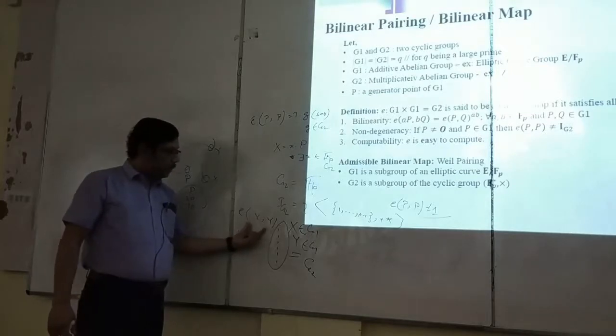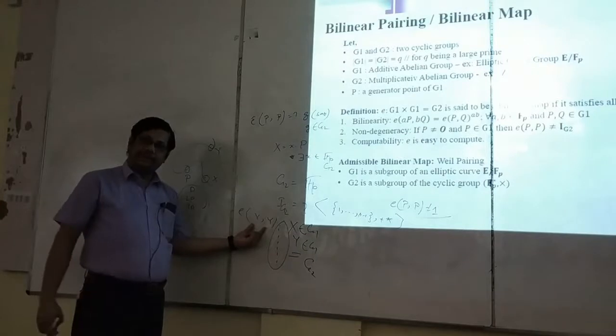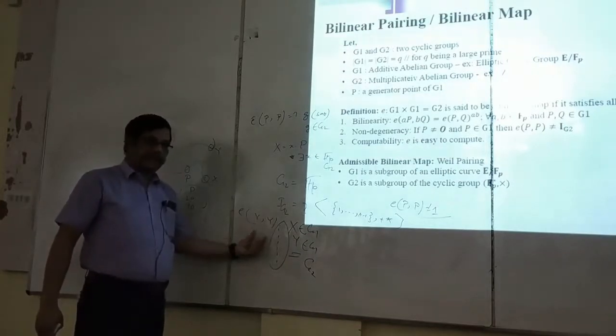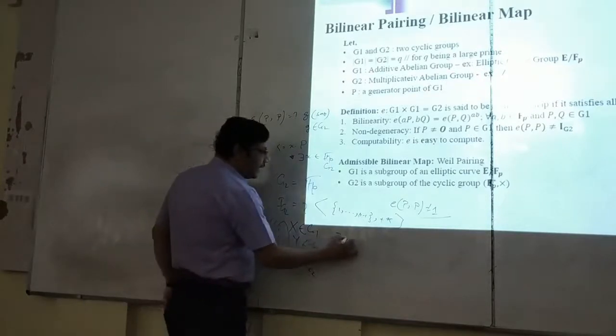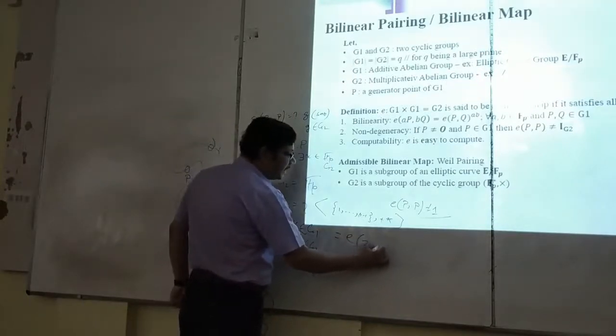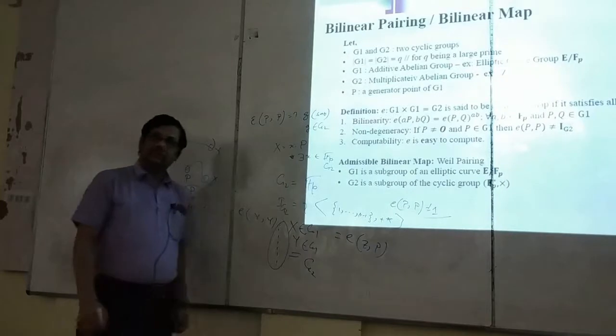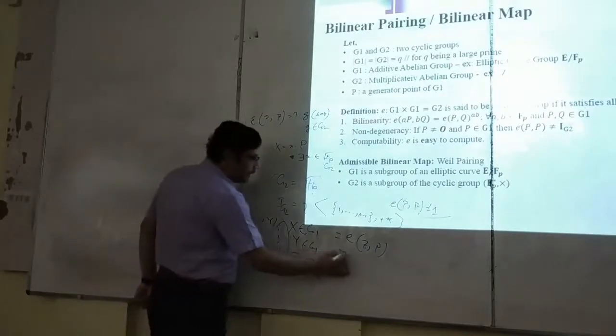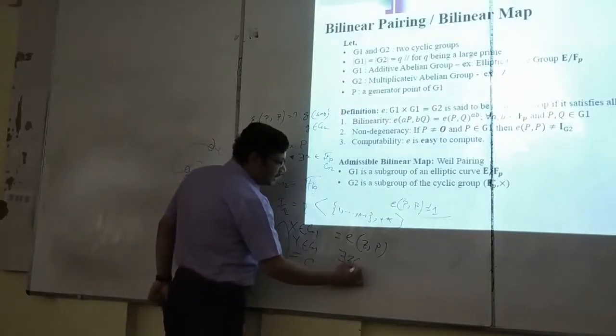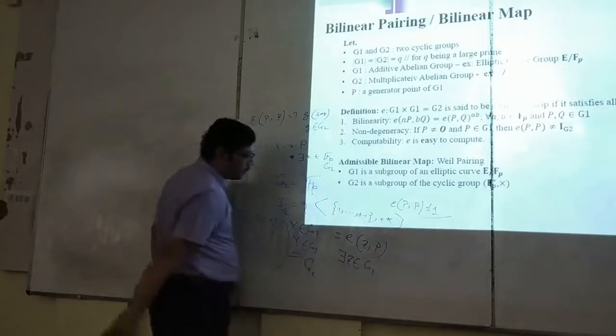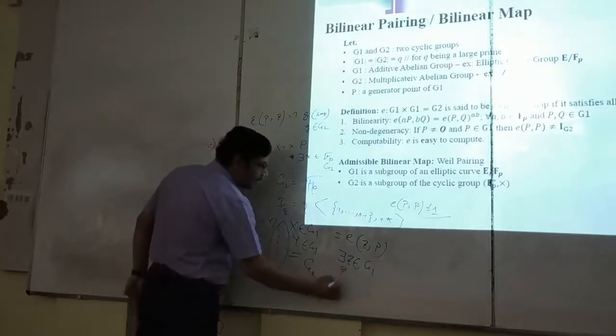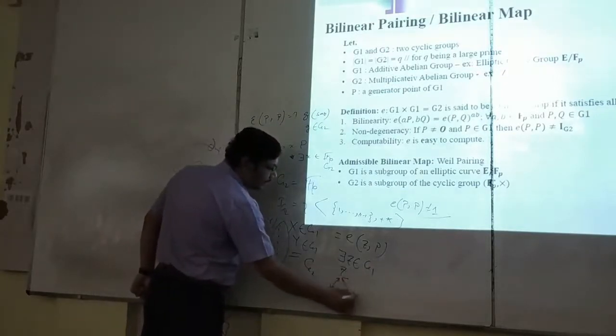Now you are taking all combinations of x and y. The first property that we have proved is that any two inputs x and y can be stated as ZP for some Z in G1, which is the representative of x and y.